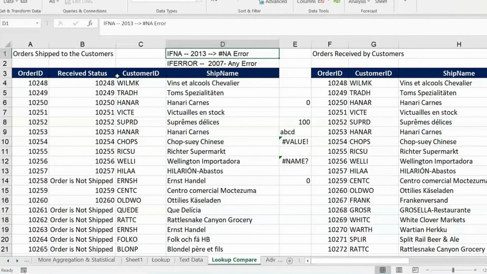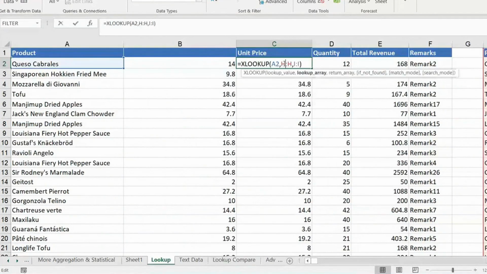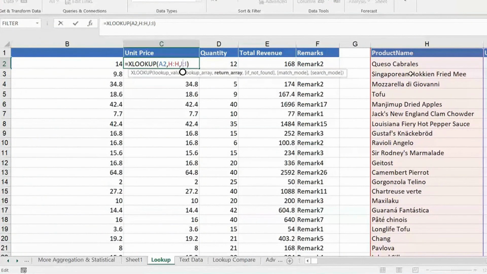And we also saw XLOOKUP, which was really a wonderful function to use. This XLOOKUP can do things in a very, very simple manner, right? It can search for a value in a single column. Okay, the array is just a single column, right? So this is what we saw last, if you remember.